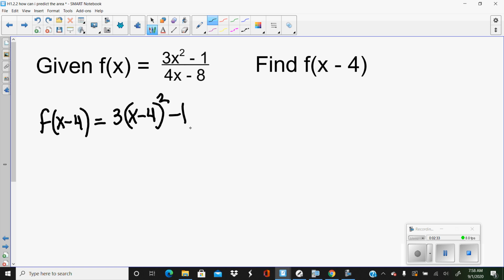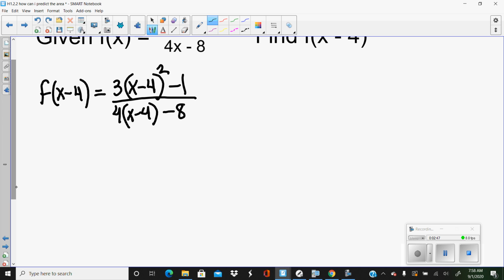All right, take note of how that happened. Over, now this x right here, of course, has to be substituted for x minus 4. So we get 4 times the quantity, x minus 4 minus 8. Now we can start to simplify this, and hopefully we can get to a point where we can maybe cancel some factors like we saw in the previous slide. So f of x minus 4